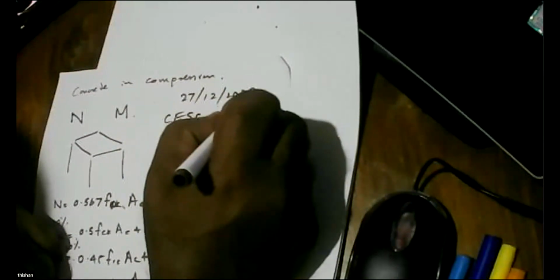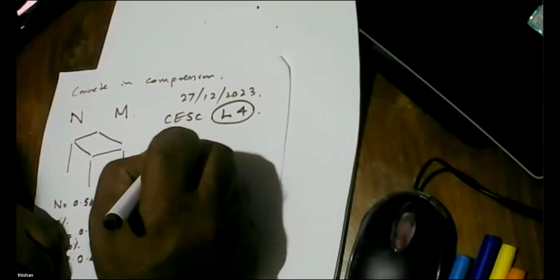Let's look at this one. So today is 27th, 2023, Civil Engineering Sectional Committee, lecture 4, and this page 1. So if you look at why we get big axial load and small movement, if you look at the frame structure,